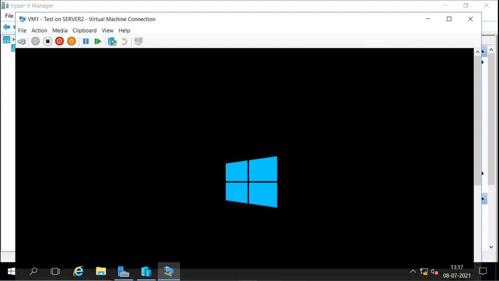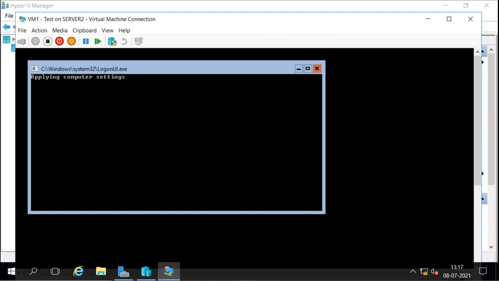Now we can see it is starting the installation. It is actually starting the machine, the same one which we have installed on that primary server. We have installed the core server there. And now we can see it is running the core server here. Now the core server is showing here. That means the changes which we have made on that server are also updated here and it is properly working. So we can log in.